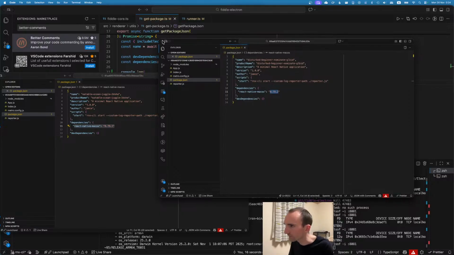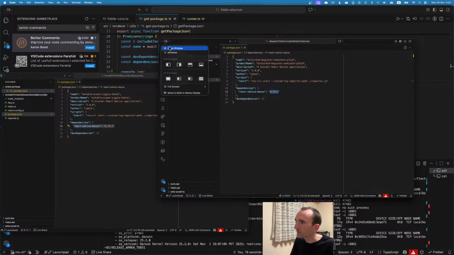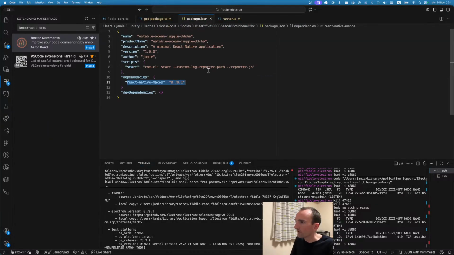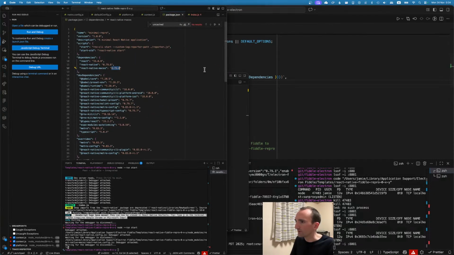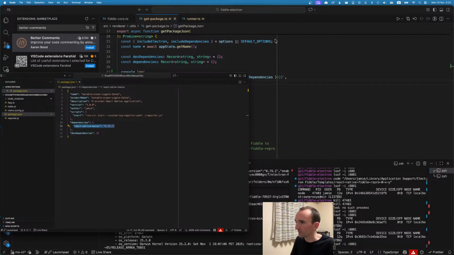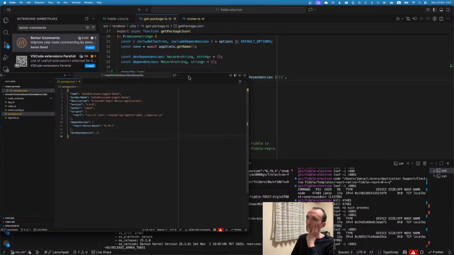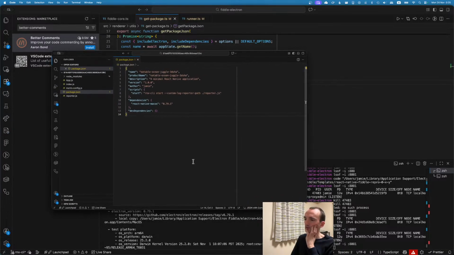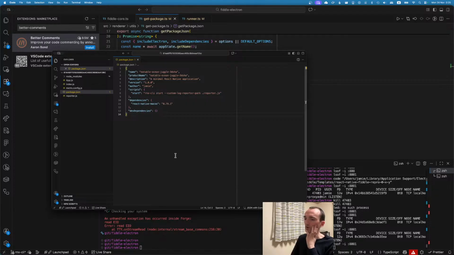How do I close this? It's just got a sharing close window. All right. Whoop, nope. I need that window. I need this window. Okay, I've got lucky here. So these temporary folders can get deleted when you stop the fiddle, but because I force killed Fiddle Electron, this got to hang around,